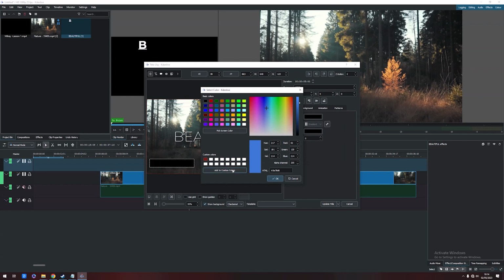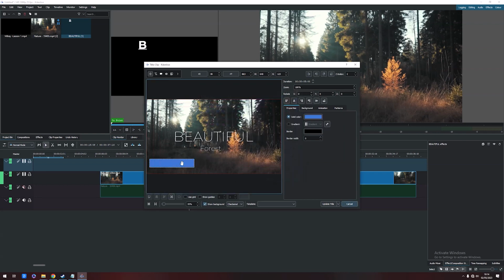When you're done, say add to custom colors. Then with this selected, you say OK, and now my text has changed color. So those are just some simple ways of doing it. Of course, this is all easy to just kind of play around with and see what suits your need and what fits what you want. But it's just like a general overview of how you would create some text, add it to your title, and